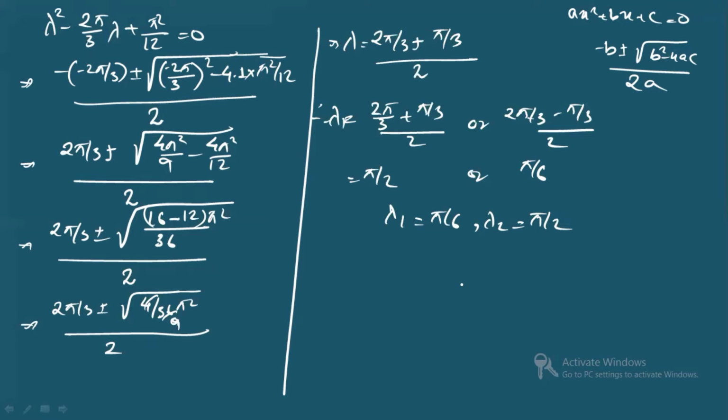Now we will find the eigenvectors, right? So we will do this in the next step. Here if you see, we know how you can find the eigenvectors. Ax is equal to lambda x, right? So the matrix A was pi by 3, pi by 6, pi by 6, pi by 3. Okay. x, I'm taking it to be